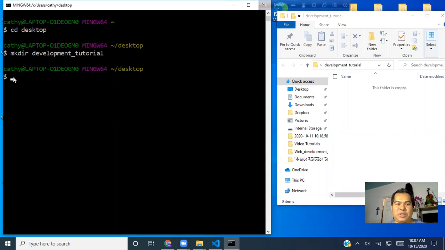What folder am I going to create? Actually, I already created development underscore tutorial. So I want to navigate to the development underscore tutorial folder. What I have to do is change directory. Now from the desktop, I'm accessing the development tutorial, going inside the development tutorial. So I just write cd, then